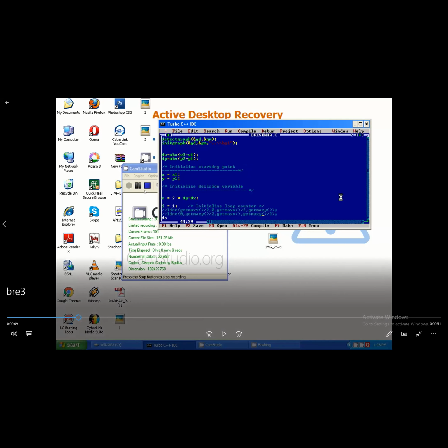Already we have discussed, if I want to divide the screen into 4 quadrants, I have to draw a vertical line, which will be your y-axis, and a horizontal line, which will be your x-axis. For that, I have used these 2 line commands, in which line getmaxx by 2, 0, getmaxx by 2, getmaxy. This will give you the vertical line where the x coordinate is at the center and the y coordinate is changing from 0 up to the maximum y value. So this is your vertical line, that is the y-axis.